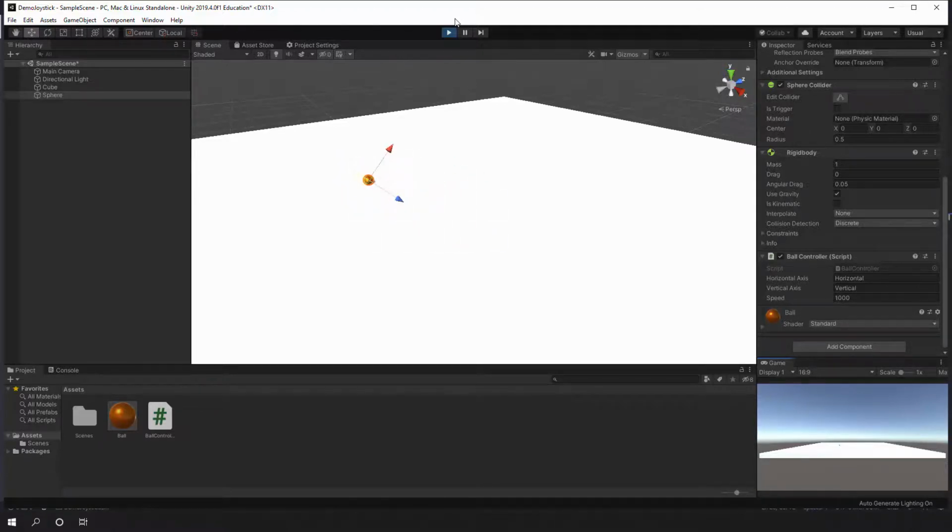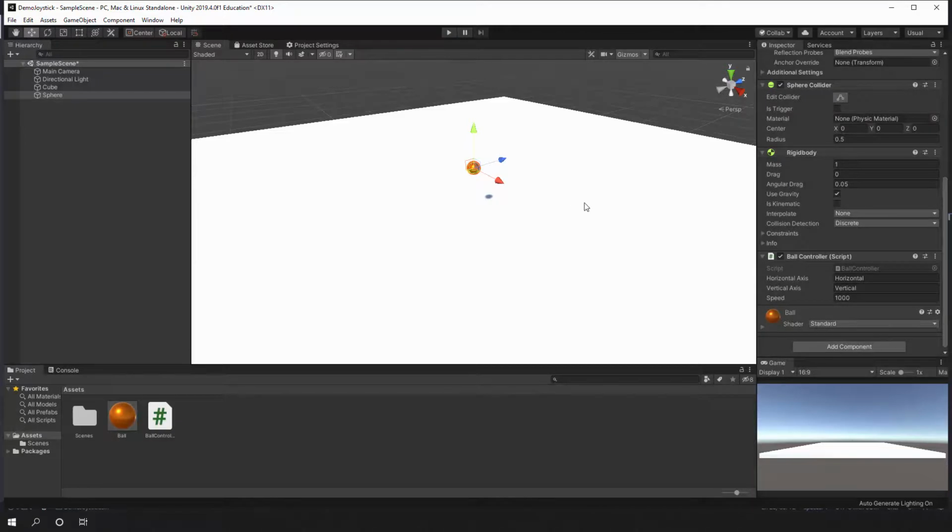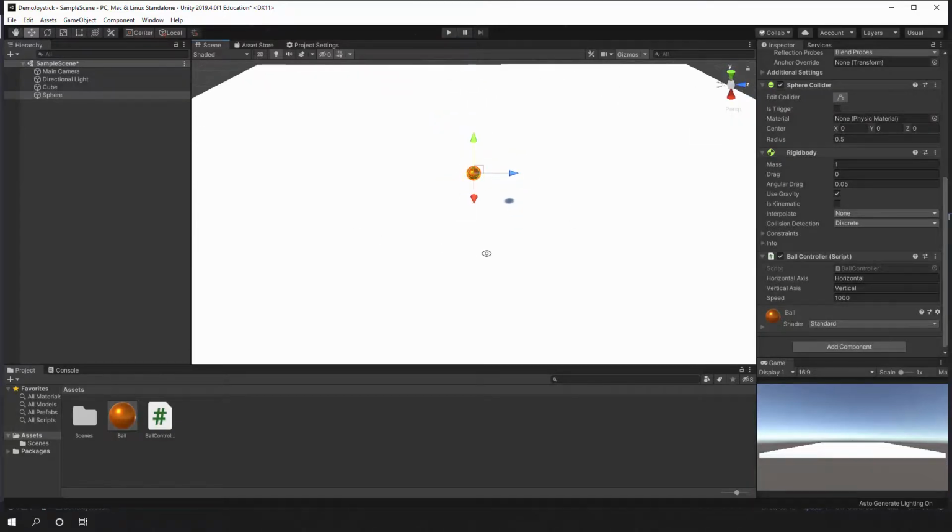Now, the thing with the rigid body is that currently we are using the information locally. So that's moving a little bit weird. So this is basically how we can get this information for the axis.